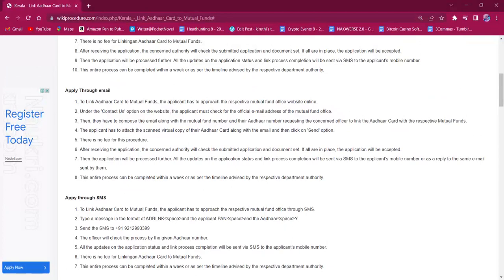The applicant has to attach the scanned virtual copy of their Aadhaar card along with the email and then click on send. There is no fee for this procedure. After receiving the application, the concerned authority will check the submitted application and documents. If all are in place, the process will be completed within a week. Once the process is completed, the applicant will be intimated via SMS or as a reply to the same email